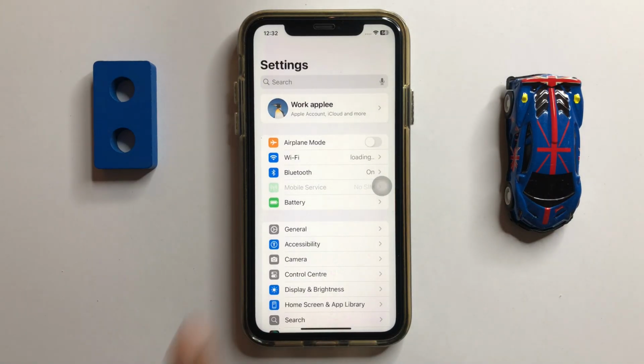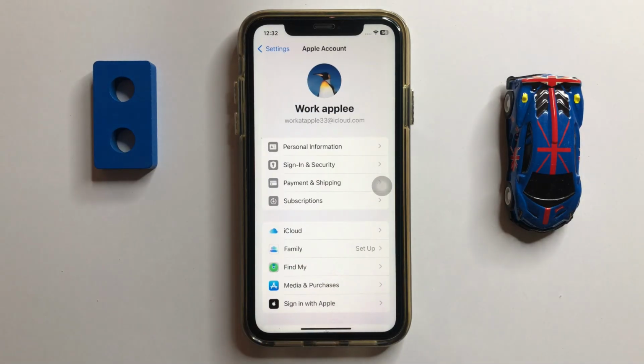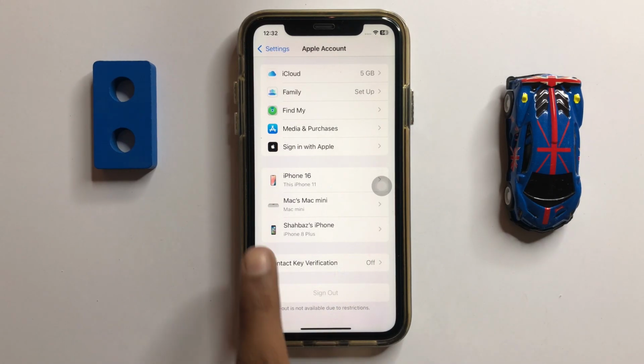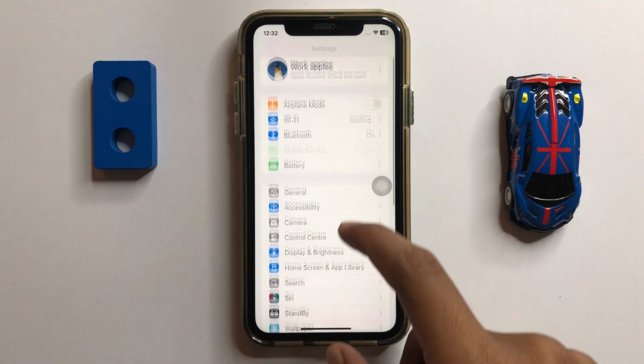In settings, click on your Apple account and scroll down to the last, and here you can see the sign out option is grayed out. And if you want to fix this problem, then simply go back and scroll down and